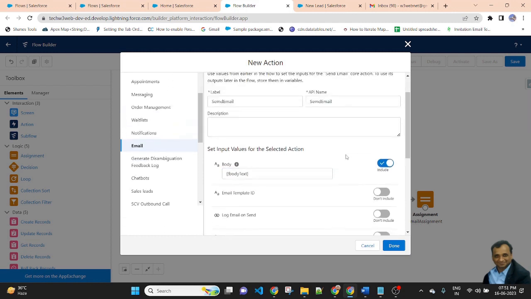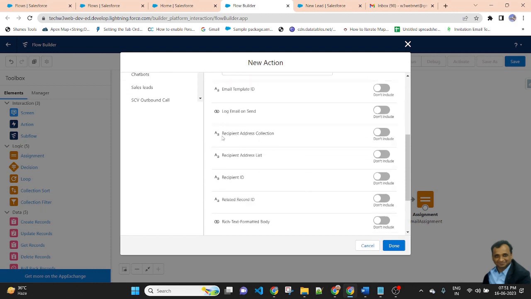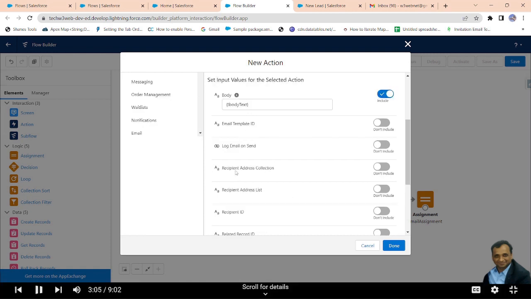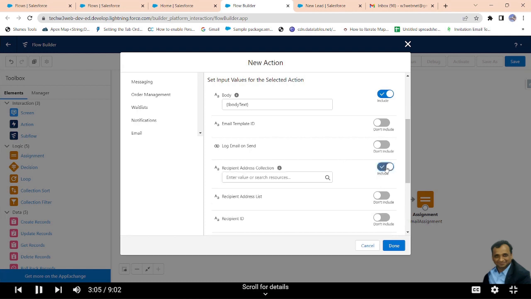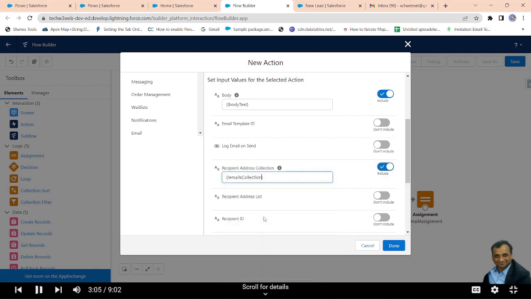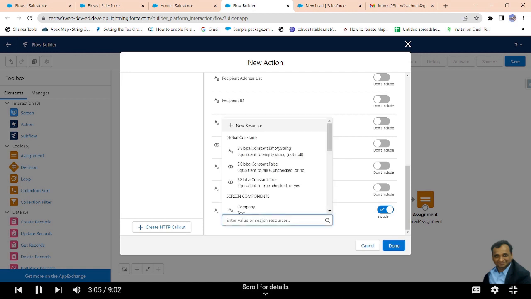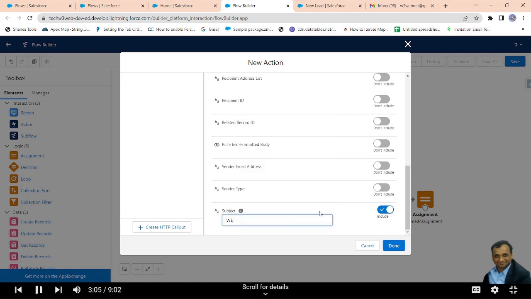After that, the collection, email template ID, login email ID, recipient address collection, and enable the email collection. The collection will be the email collection, and the subject is welcome.